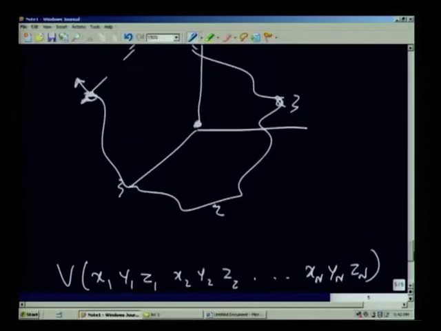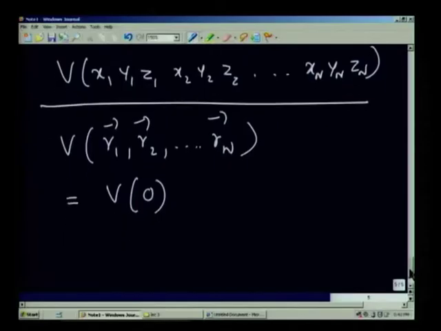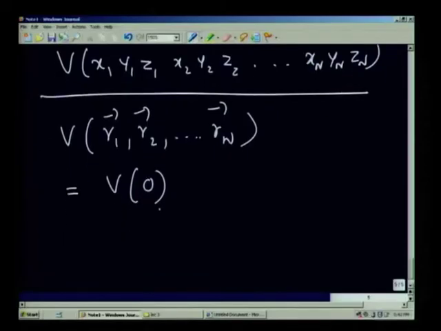What is meant by that? Every difference, x2 minus x2e, y2 minus y2e, z2 minus z2e, likewise all the amplitudes are 0, V0 corresponding to equilibrium geometry. Then we have a sum over, let me not specify what they are, every coordinate,